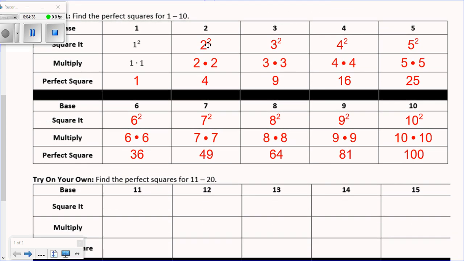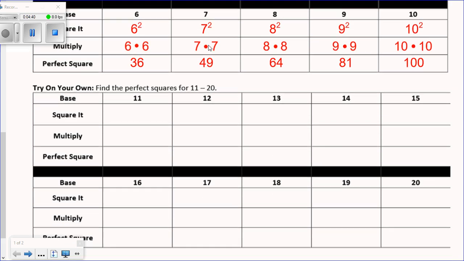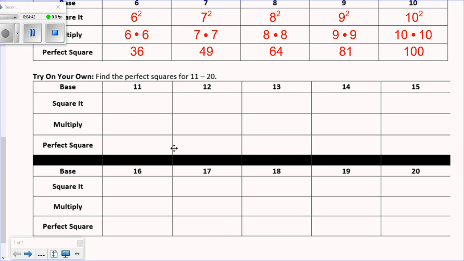Now here's your first try on your own. You're gonna go ahead and fill in this table the exact same way, we just have bigger numbers. Okay? And if you need to use a calculator, that's totally fine. I'd rather you use a calculator to check to make sure you got it right than try to guess using mental math. Okay? If you want to try and guess on your own first and then use a calculator to check,